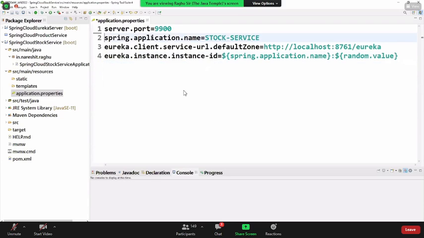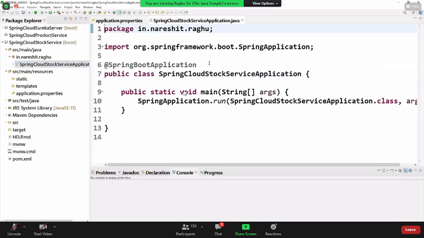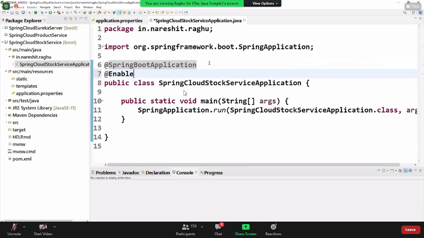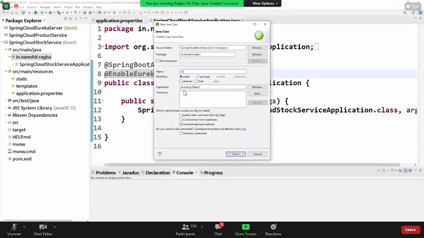Like this I'm giving the port number, application name, Eureka location and instance ID. At the main class, enable Eureka client. Now here, new, I'm writing the stock rest controller.